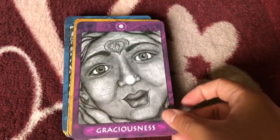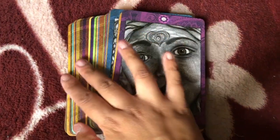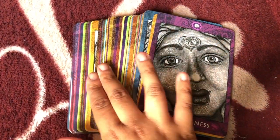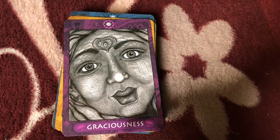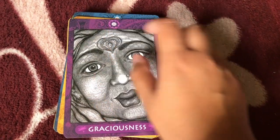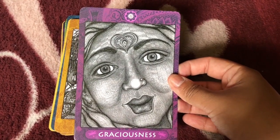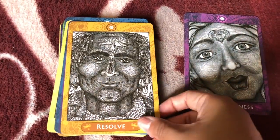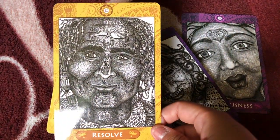So we have graciousness. As you can see, there's colors, and every card has different colors, and every color has a meaning that is in the guidebook. And so we have a title and then the card number. So this would be 22, graciousness. I love this because it has different, like I said, there's different cultures represented, there's different ethnicities,